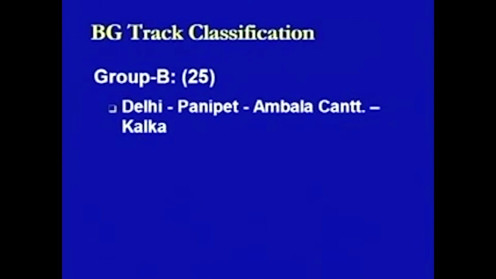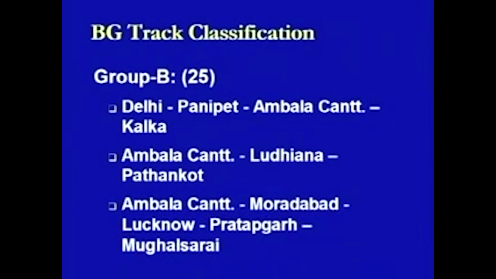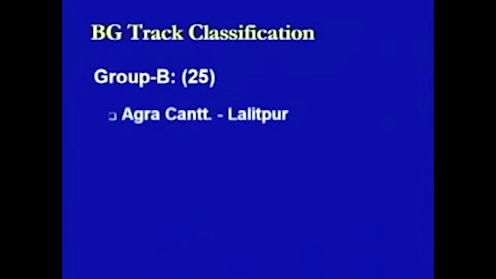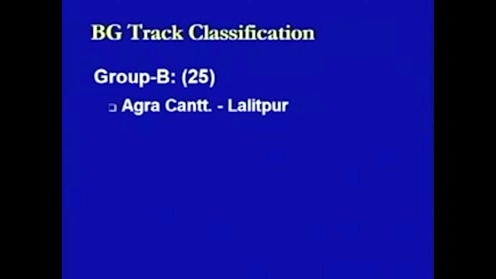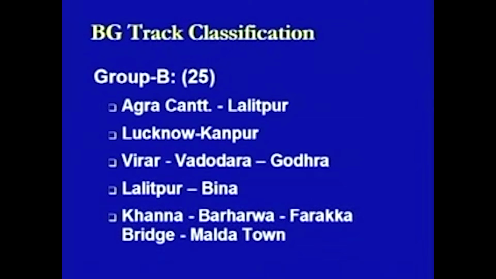Delhi to Kalka via Ambala Cant, Ambala Cant to Pathankot via Ludhiana, Ambala Cant to Mughalsarai via Moradabad, Lucknow and Pratapgarh. Then there is another section from Agra Cant to Lalitpur, Lucknow to Kanpur, Virar to Godara, Lalitpur to Bina, Khanna to Malda Town via Farakka,